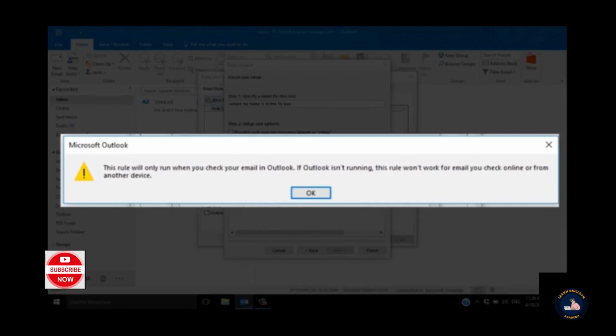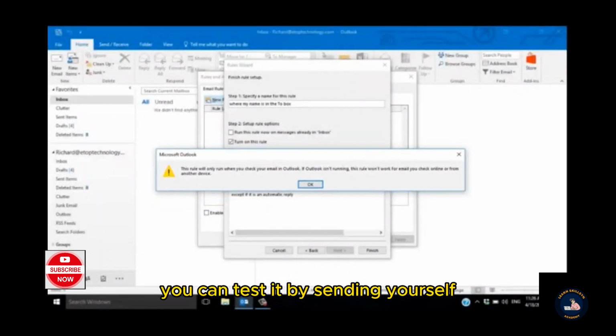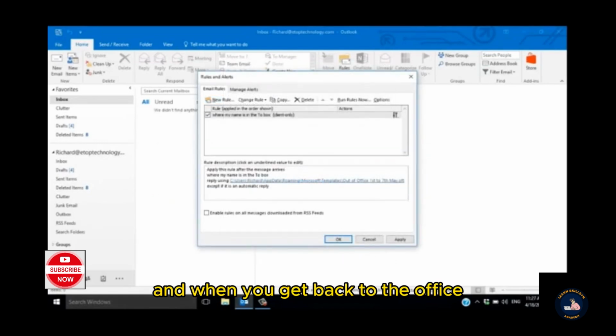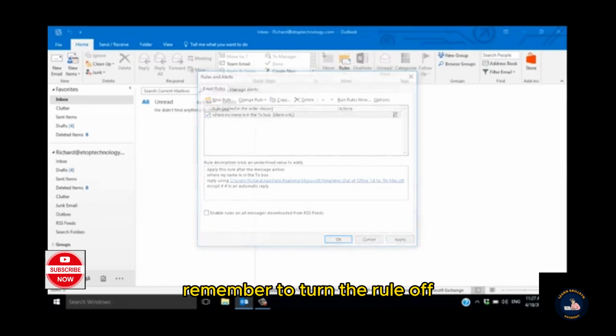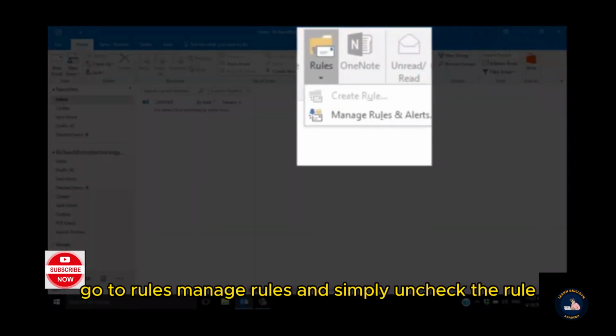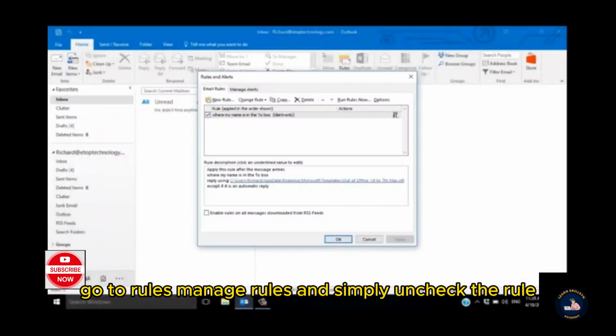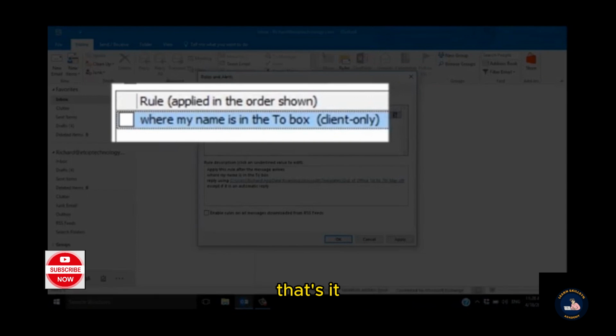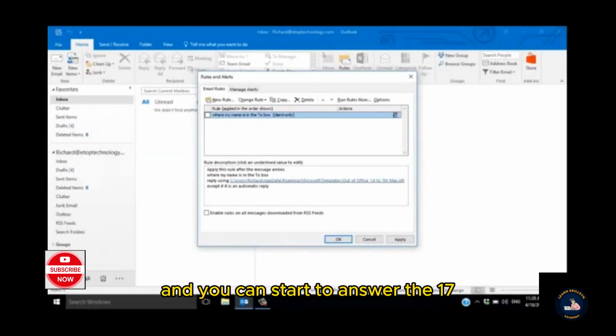And when you get back to the office, remember to turn the rule off. Go to Rules, Manage Rules, and simply uncheck the rule. That's it. Now you're back to normal, and you can start to answer the 1,700 emails or so that have arrived since you went away. Of course, you could always have